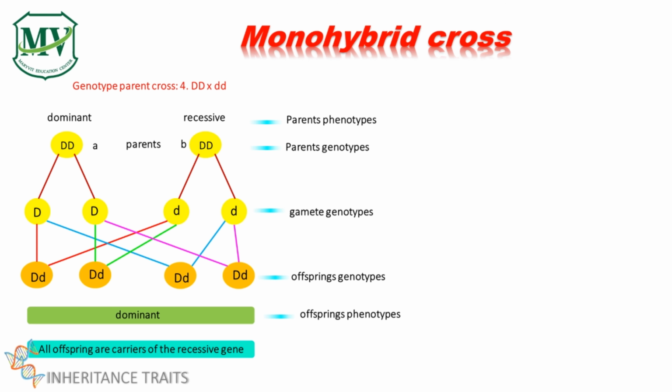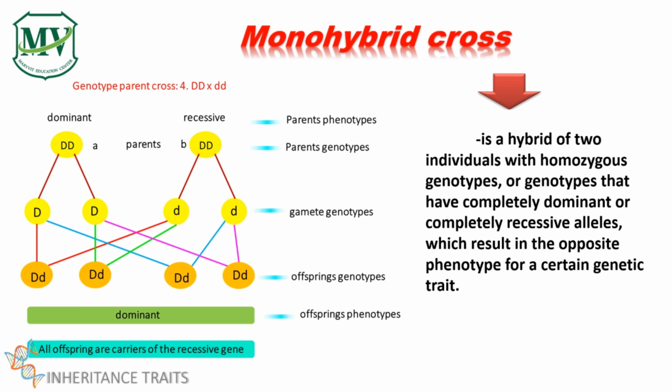Now, we will proceed on how we can predict genotype and the phenotype of an offspring easily. And a monohybrid cross is an example for that. A monohybrid cross is a genetic mix or a hybrid between two individuals who have homologous chromosomes that are homozygous in genotypes, or genotypes that have both dominant alleles or both recessive alleles, which result in opposite phenotypes for